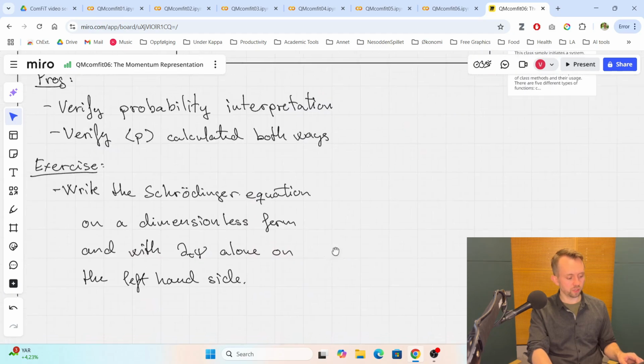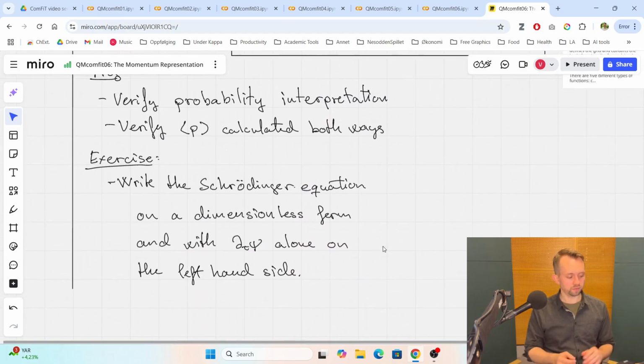So for the next video, the thing I want you to do is an analytical exercise, and that is to try to write the Schrödinger equation in a dimensionless form, which means setting h bar and all those things to 1, or taking out the variables, and then getting dt psi alone on the left hand side. So that's the exercise for